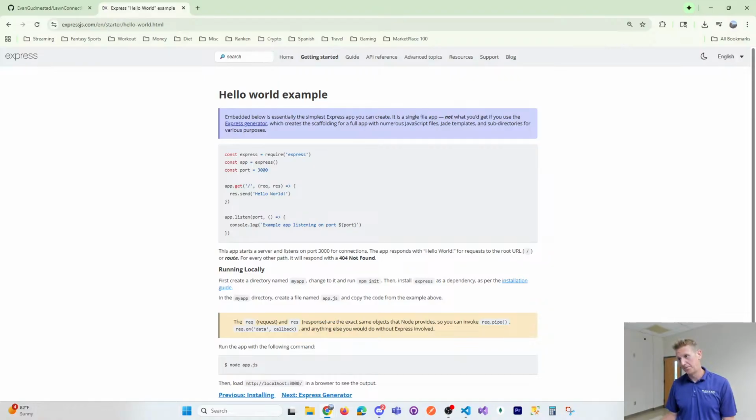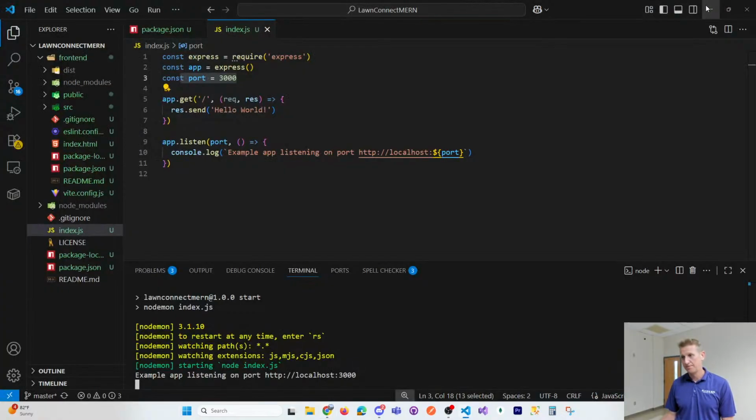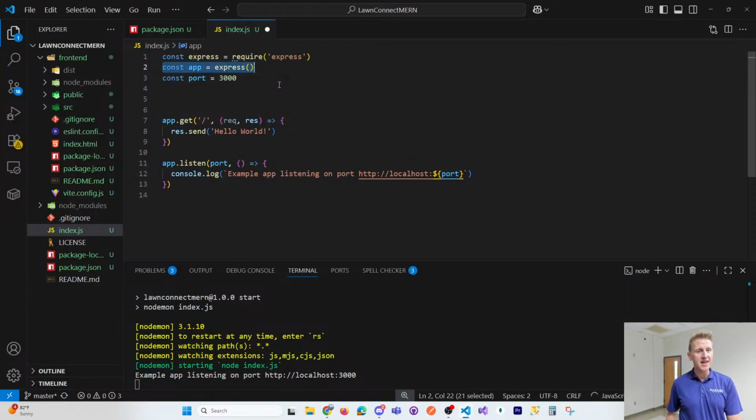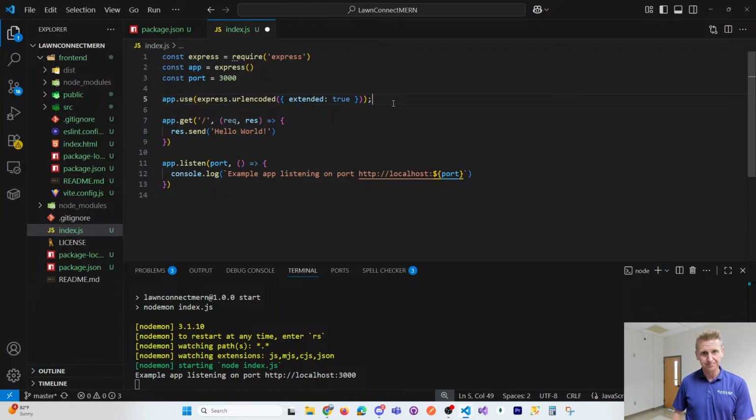Now, a couple lines of what I call boilerplate Express. I don't know that I've lectured on this, but first off, the order here matters. Right after I define the app, I'm going to spit out this app.use. This is referred to as middleware. This allows our Express app